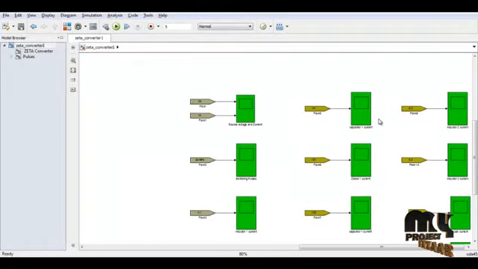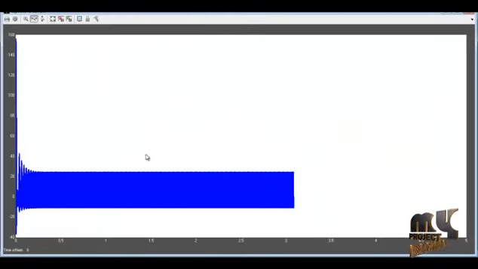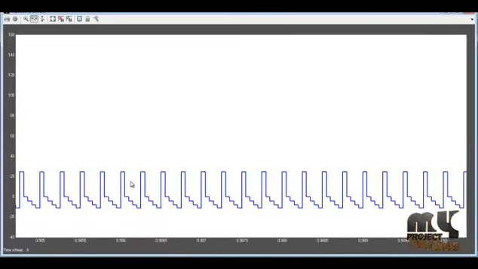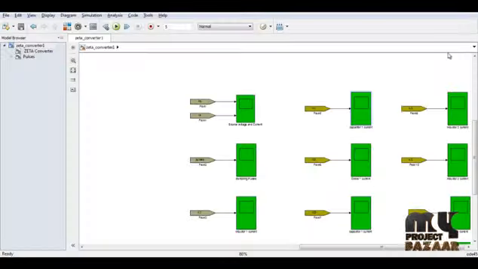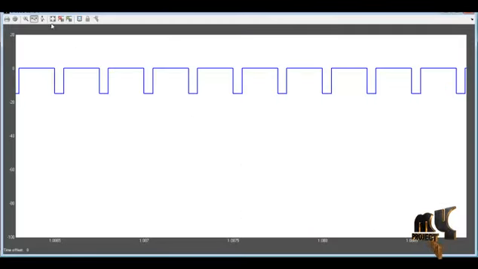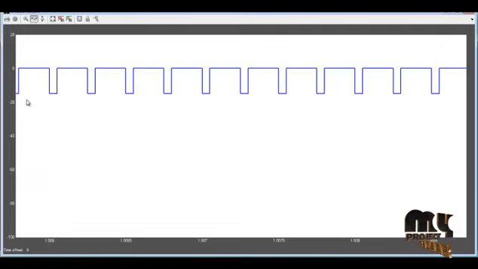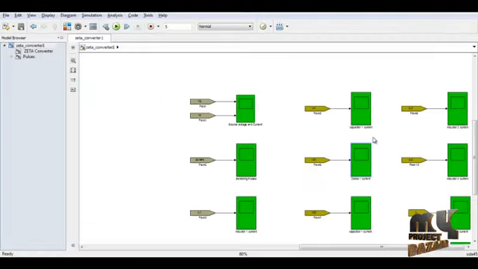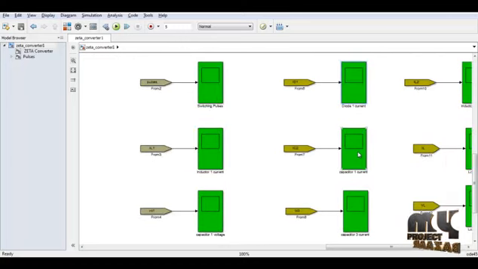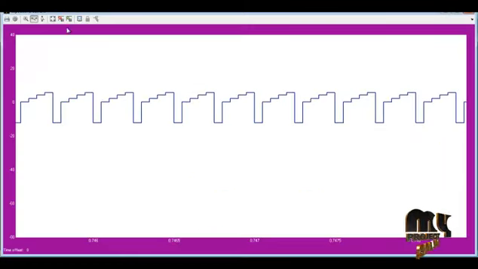And another, this is our capacitor 1 current. This is our diode D1 current, which is like a 0 1 wave. And this one is the capacitor current.